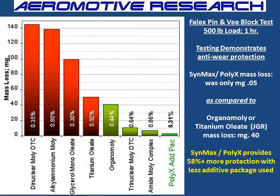So here we've got a graph, and it took a lot of money and time to make this. But over here you've got your molybdenums, organomolys. These are the products that most of your race oils or performance oils are going to be made out of. Whether it's Mobil or Schaefer's or others, they're going to be using some moly in their oil. Royal Purple, Joe Gibbs. Yet over here, we've got the